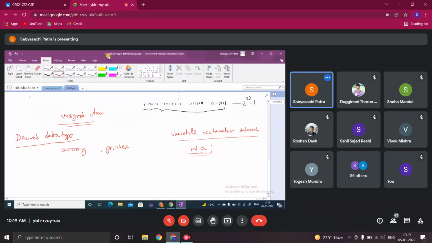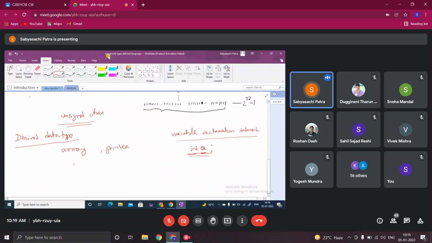So int a. Here a is a variable of type integer. I will tell what is variable and what is constant just after this data type. For the timing, we need to understand the derived data type, that's why I'm giving this example. In a variable declaration statement, a is a variable of type integer. You declare it this way.